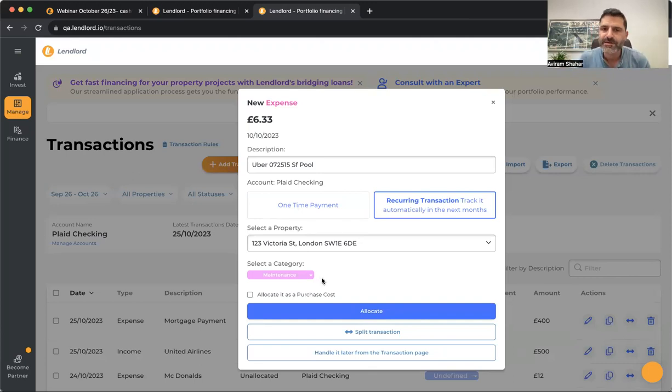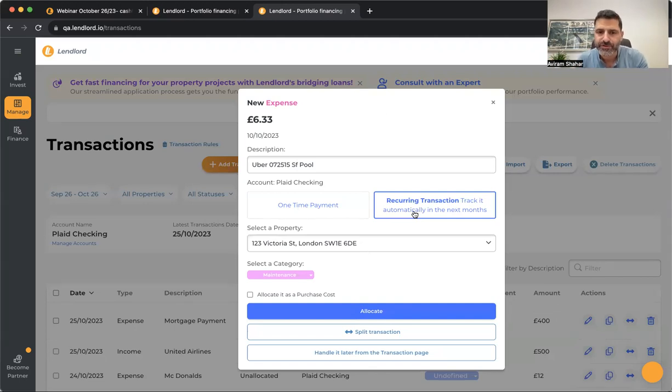If it's income, such as rent, it will automatically allocate the rent to the property and to the tenant and to the specific payment. So if you select the recurring transaction, then basically you can automate the entire cash flow